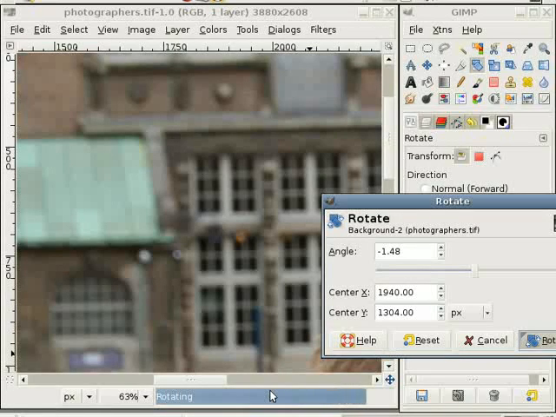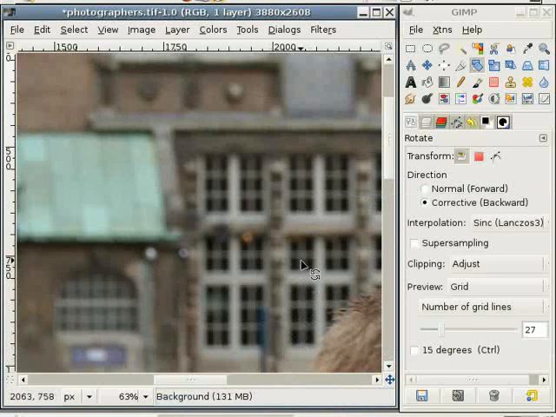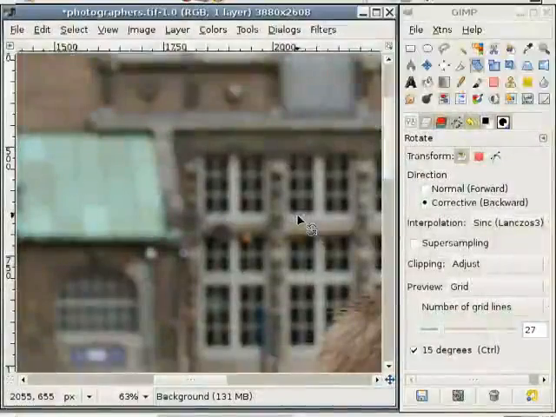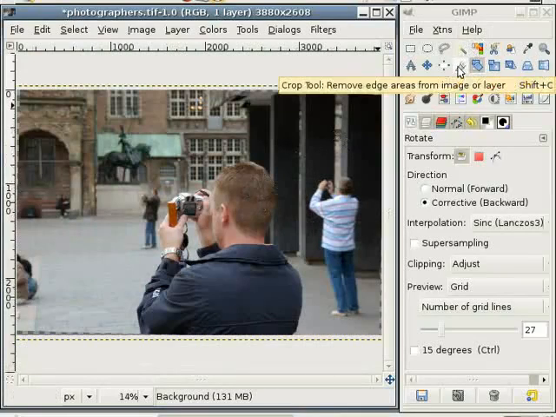And then it is rotated. Let's have a look at the whole picture. Shift, Ctrl and E brings us back to the image, and here it is. Next step, cropping. I choose the crop tool